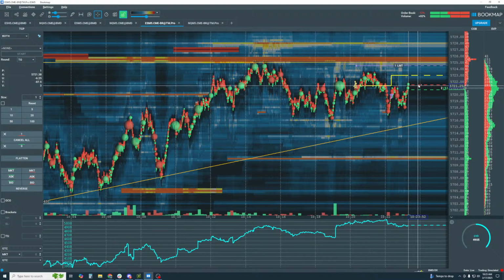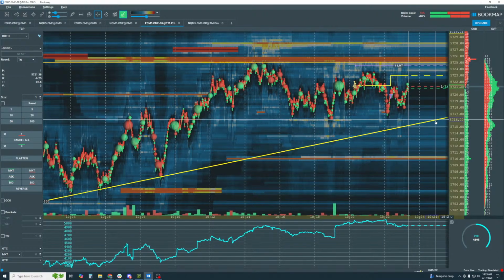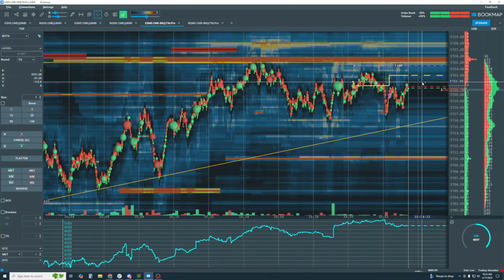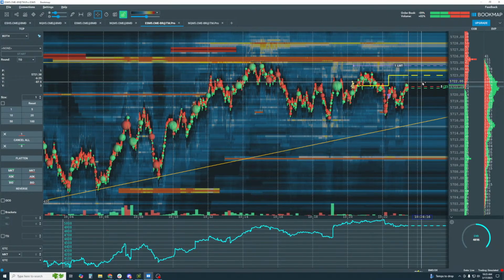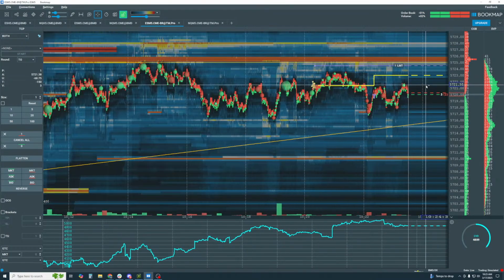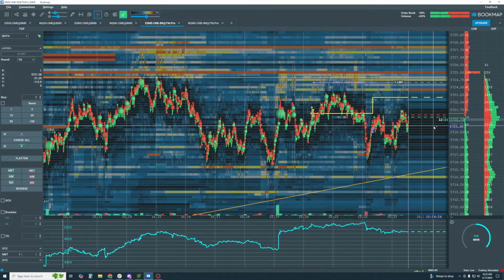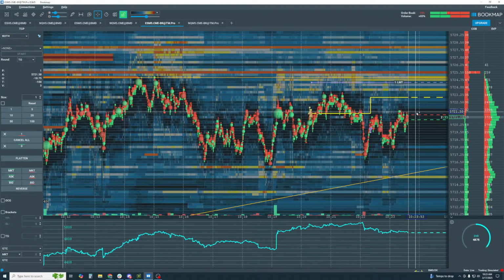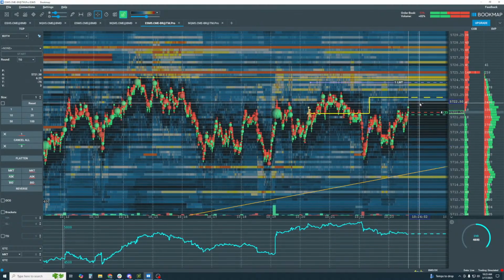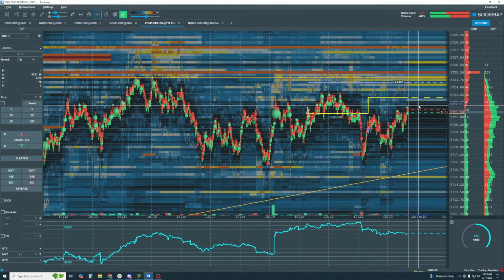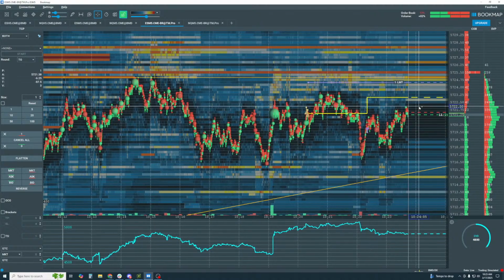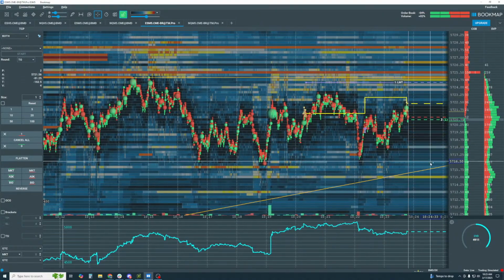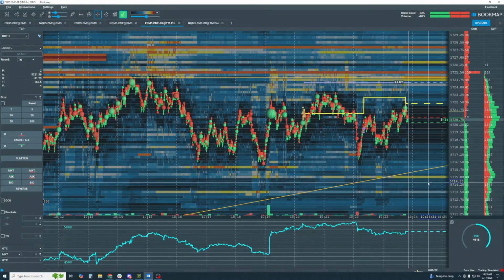So let's see. Okay, so we're getting buyers again back up here. Let's see if we can get a bit more. Oh. Okay, another retest. Let's see if we get it this time. Okay, looking a little bit better. Can we get some follow through? I think so. We'll add another one in here, and let's see if we can get our follow through now.